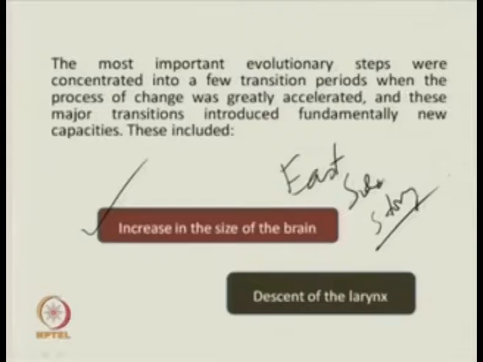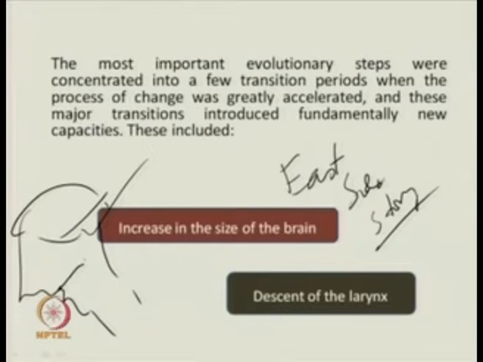The larynx in the apes, in our cousins, is slightly higher up, whereas the larynx of Homo sapiens is down here. So if you look at this slide, there was a descent of the larynx,